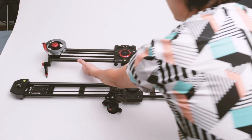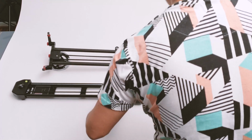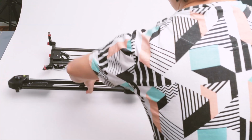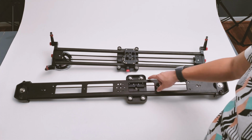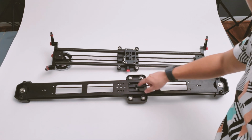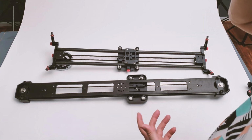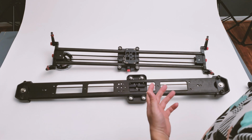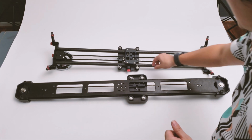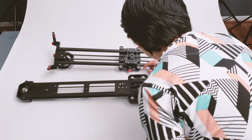The Neewer, I'm gonna flip both over, okay. And let's take a quick look on the underside. The Kessler definitely has a much nicer bearing design for the track, while the Neewer just uses the very traditional, I would even say cheaper, bearing design. Okay, the bearing doesn't look to be sealed,